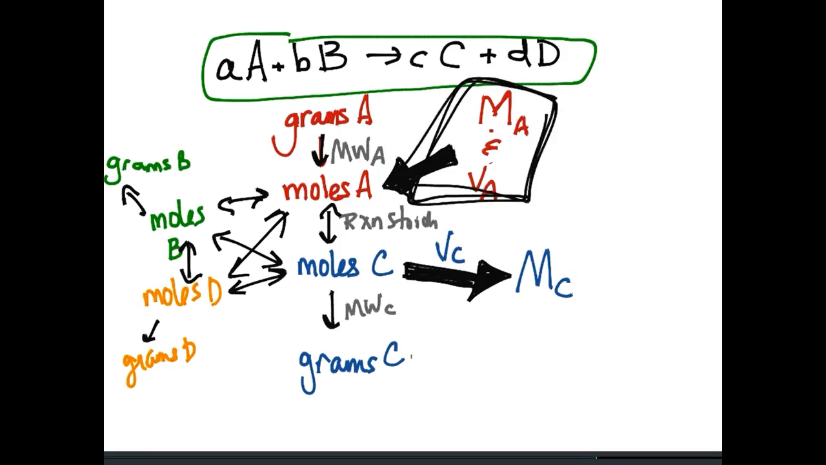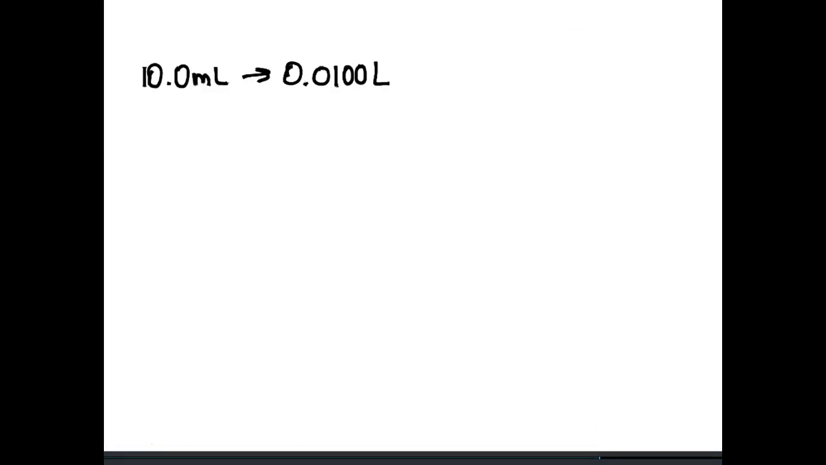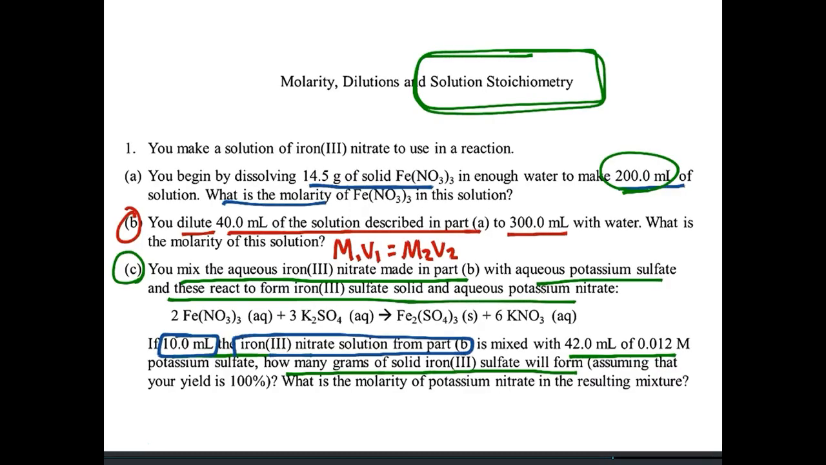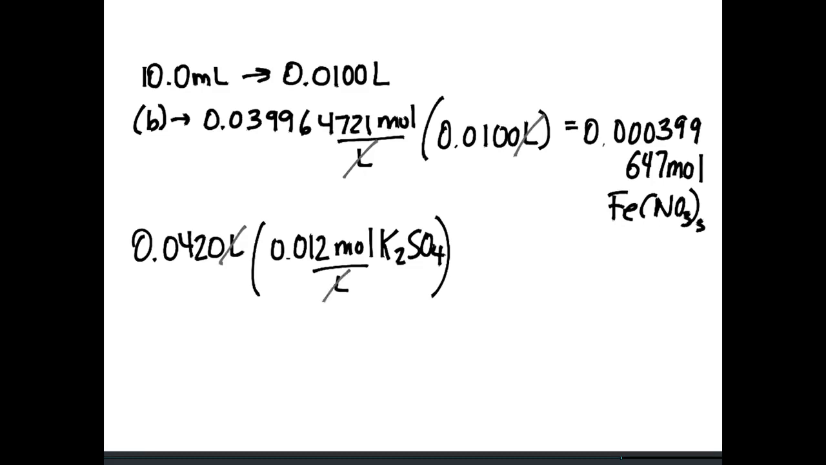So we know molarity and volume. We're going to convert milliliters into liters, and we're going to multiply that by the molarity that we calculated in part B. And so that means we have that many moles of iron nitrate. We're going to take the same approach, 42 milliliters and 0.012 molar. You need to convert milliliters into liters, and then you multiply it by the molarity, and that should give you